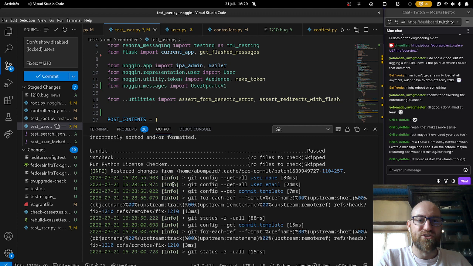It also incorporates some rules to do the same thing as isort, which is sort your imports. Apparently, it doesn't sort them exactly the same way, by default at least.